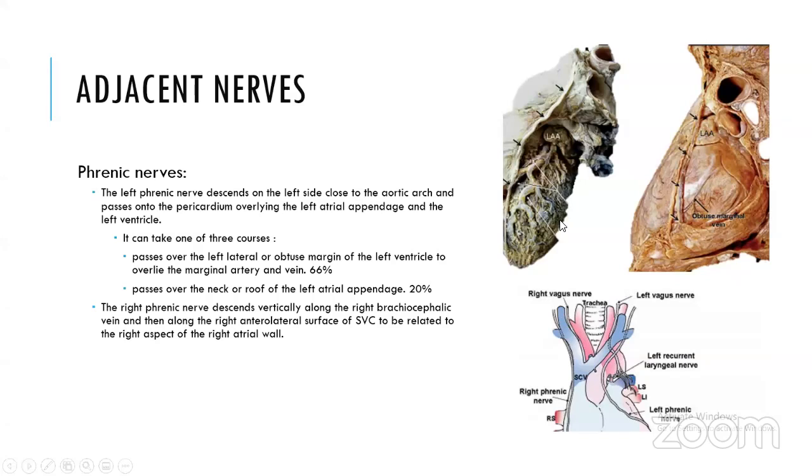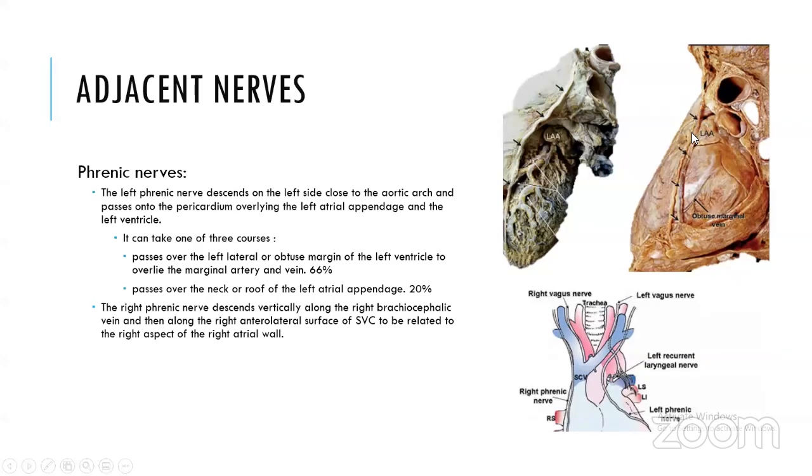First, the phrenic nerves that supply the diaphragm, right and left. Damage to the right causes paralysis of the right side of the diaphragm. Likewise for the left, damage causes paralysis of the left diaphragm. So the left phrenic nerve descends on the left side close to the aortic arch